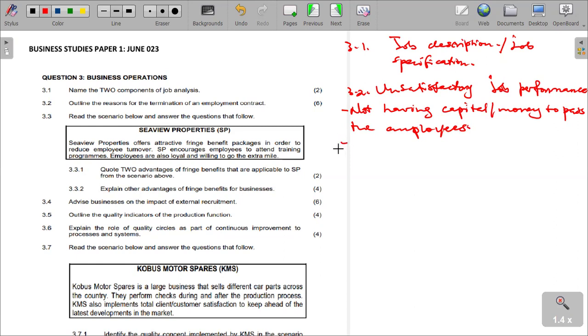It can also be due to redundancy of the employee,